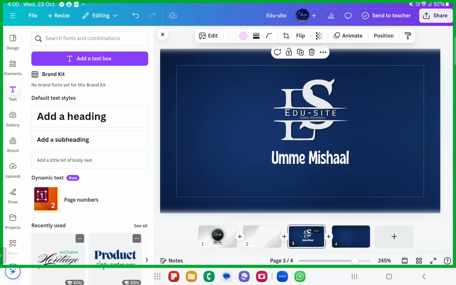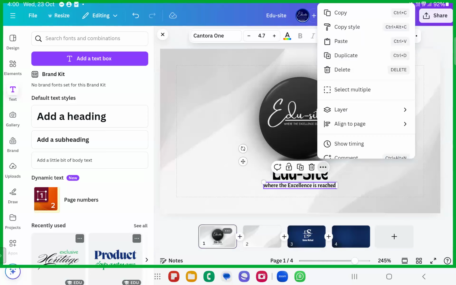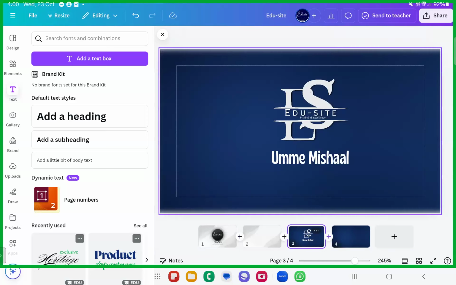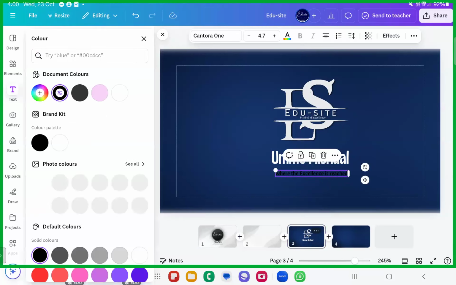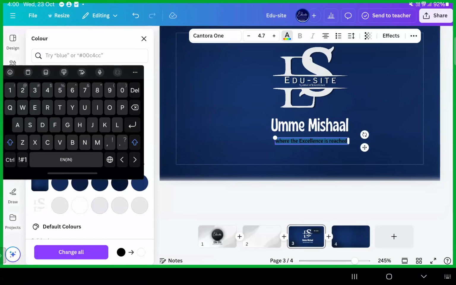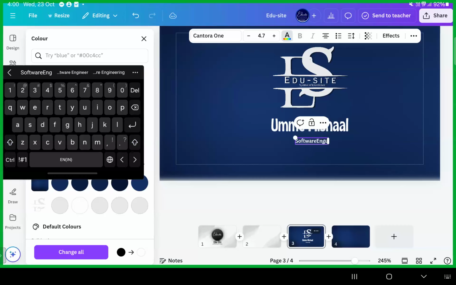The next thing that you can add: instead of this, you can write your profession there. We'll keep it white and write software engineer, whatever you are. You can write graphic designer. Dear sisters and brothers, please make sure you're doing this, because you have to put this on the Fiverr application or the freelancing application with me.